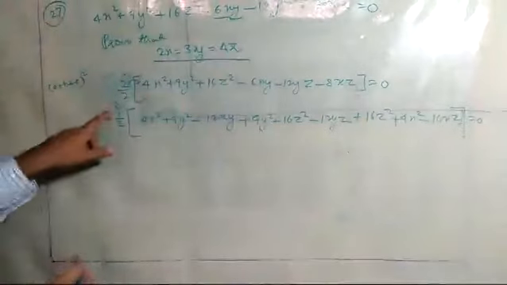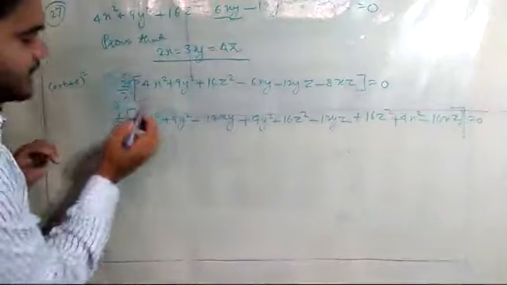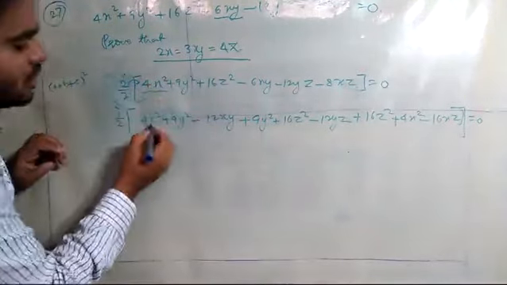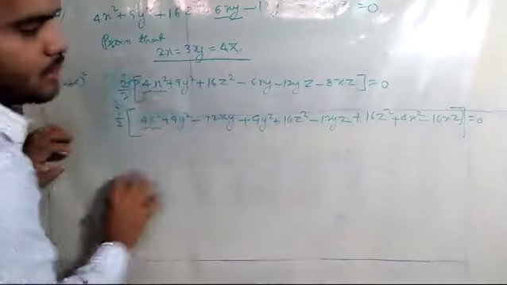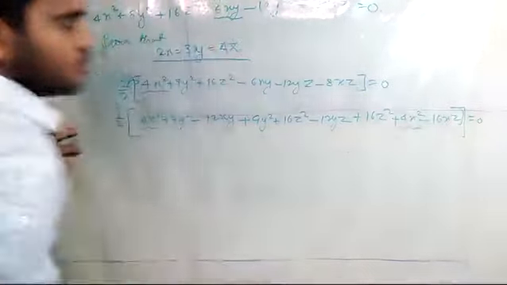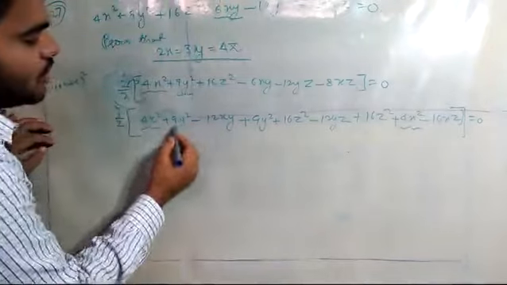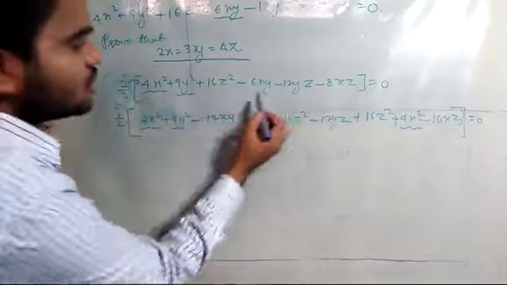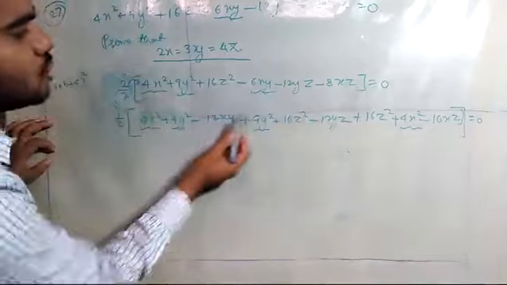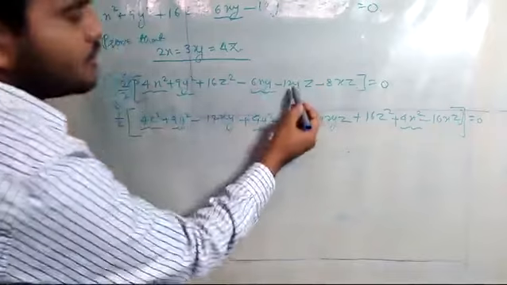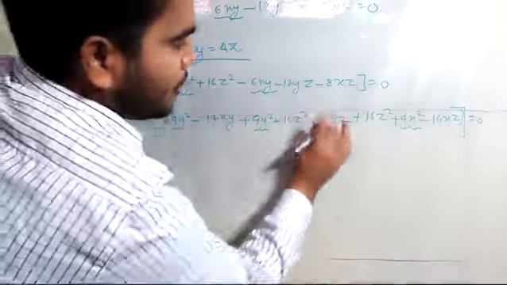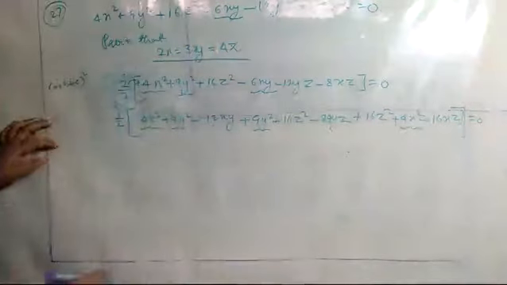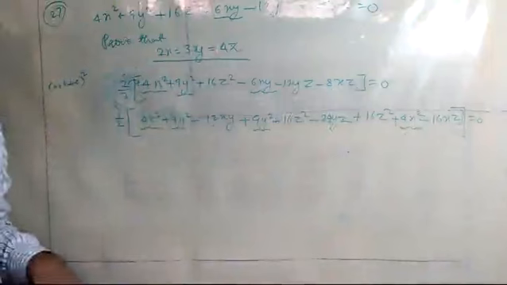Now what you will observe, 1 by 2, 2 got inside. When it went inside, here it should be equal to 4 into 2, 8x square. So here I have written 4x square one time, again I wrote here 4x square. Now again I write 9y square, wrote here also 9y square. So it is already doubled. Now 6xy is doubled, 12 here, then it became 24 here. 8 became 16. I hope this line is clear.